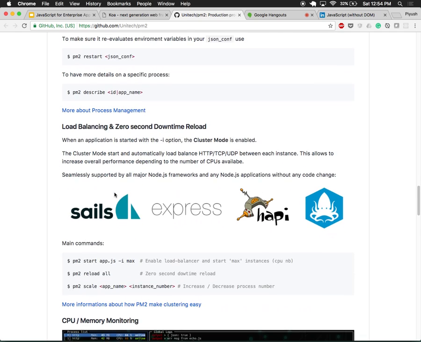And it is compatible with almost all the major frameworks in the Node.js world, because internally all of these are abstractions over the native HTTP node module. So it directly speaks with that.